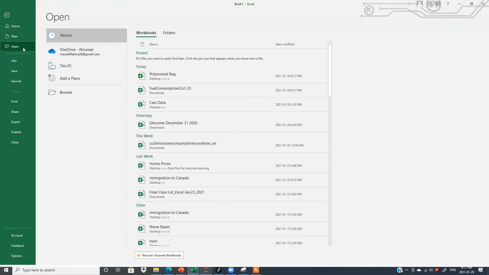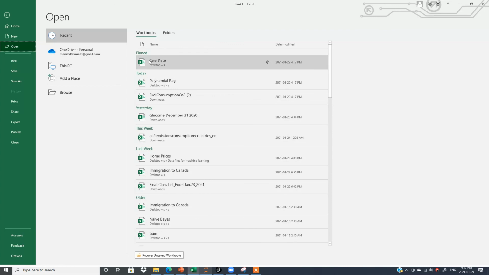Or even from open, go to the file, open, and these are again the same files. If you want to pin this, here it says pin files you want to easily find later. So here right click, pin to the list, right? So this is another way. So now this file is pinned.